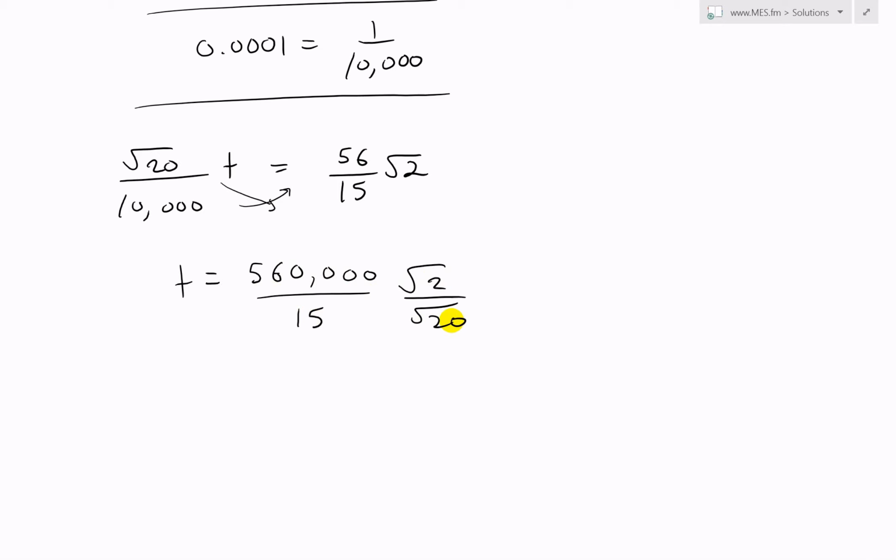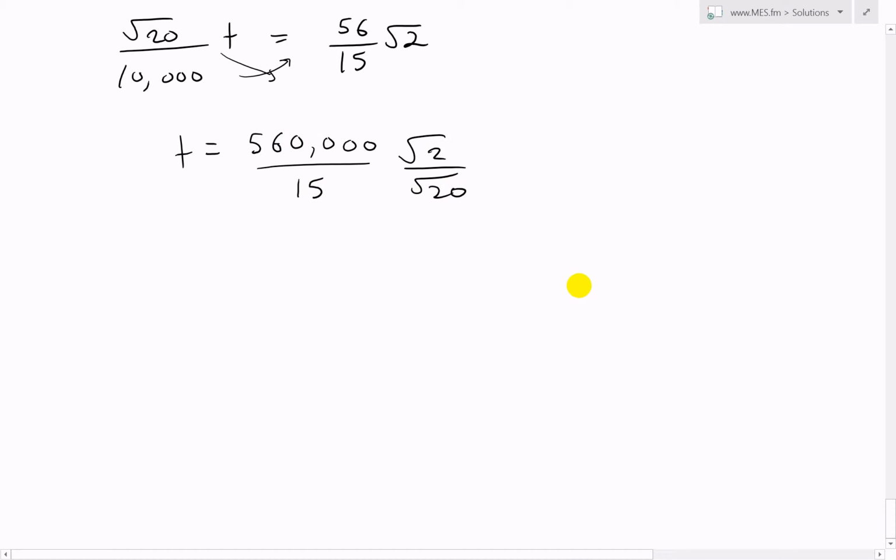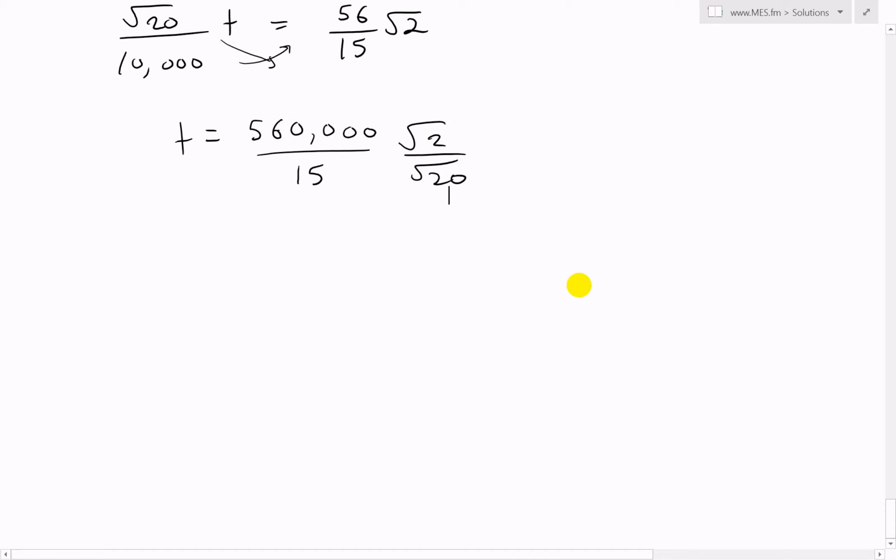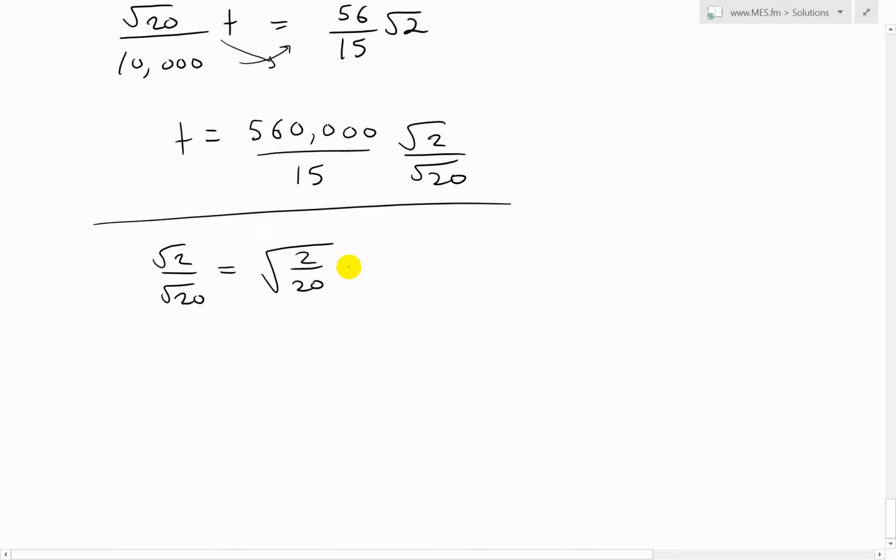And again, you could plug this in a calculator to get an answer, but I want to solve this exactly and also work on my algebra. Let's look at the square root 2 over square root 20, just to try to get an exact answer. This is the same thing as writing the square root of 2 over 20, because it's the same power. And this is equal to the square root of, just divide this out, 1 over 10, which equals 1 over square